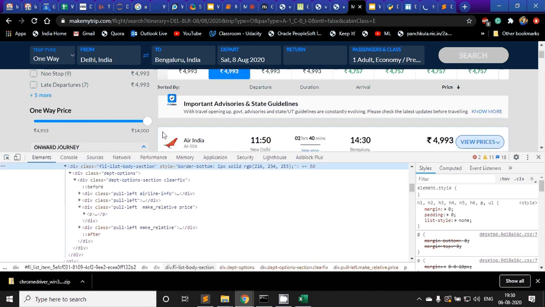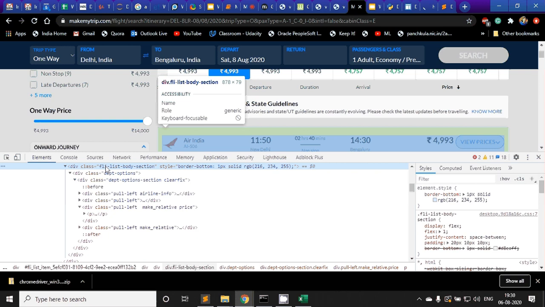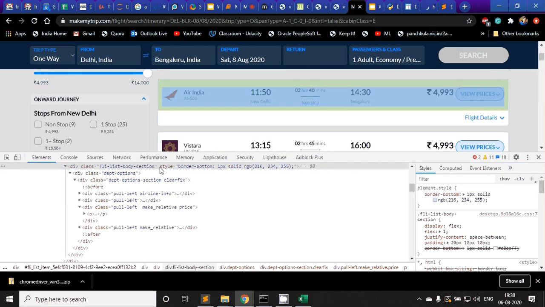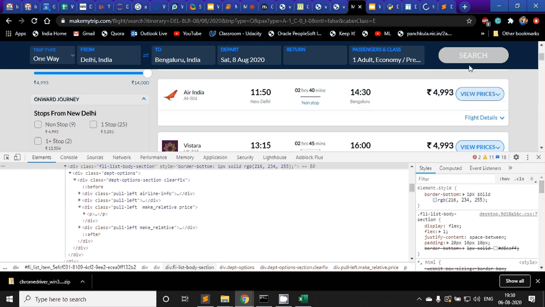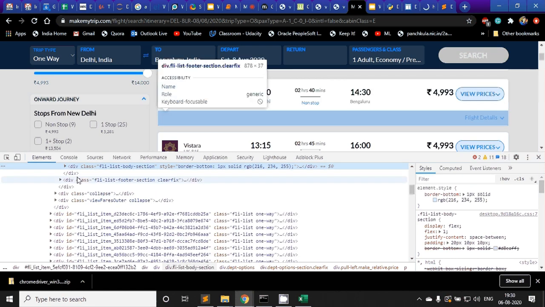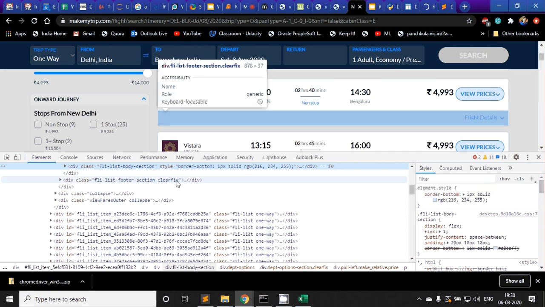When I hover here, it shows that this is the particular data. After this, if I close this, there's just one more small element here. If I further expand it, I see flight details here and nothing more. All of you can see that there is nothing more here.